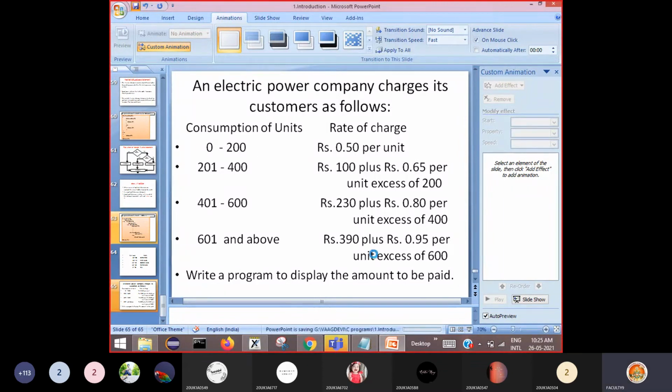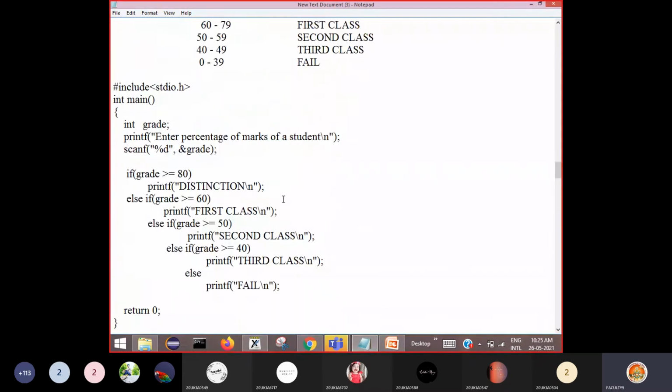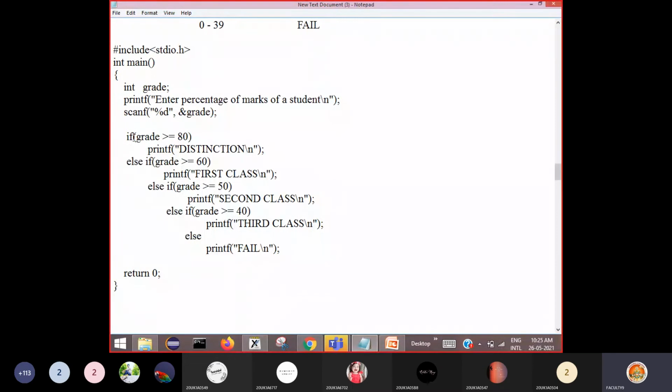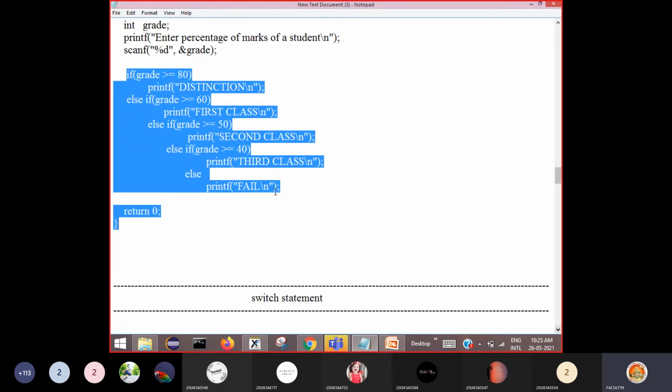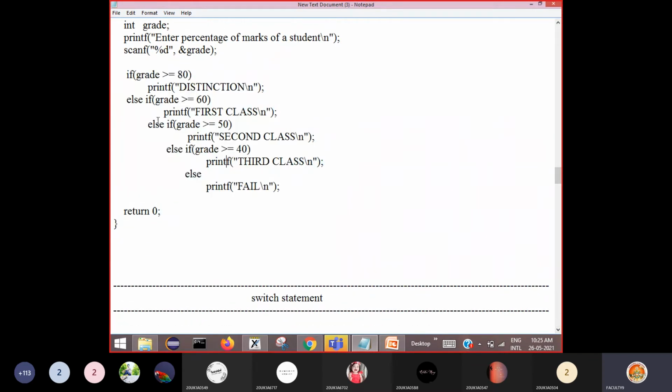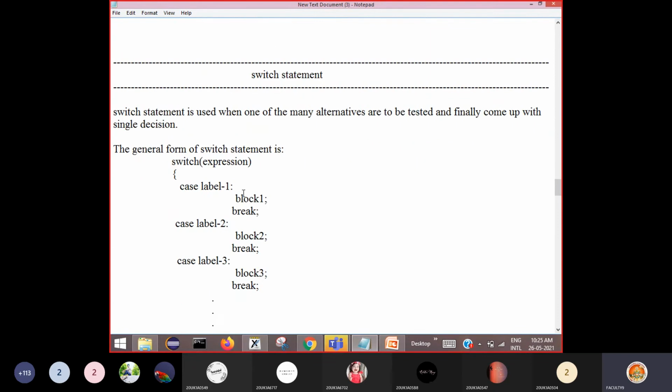Right. Next, we'll move on to the next type of situation. See here, in an else if ladder like this, if there are so many conditions, here only 4-5 conditions we can write. For example, if there are 100 such conditions, then writing the program like this goes on to the end of this corner. Managing so many else if statements will become difficult. So for that purpose, we go to another kind of statement called a switch statement.